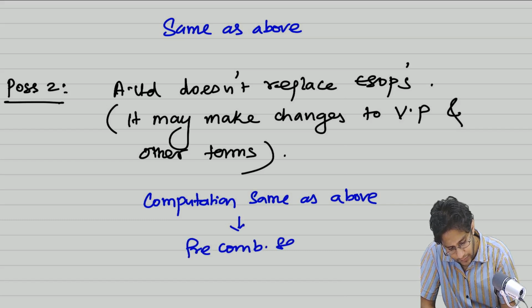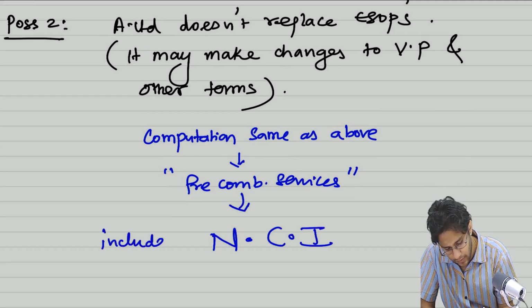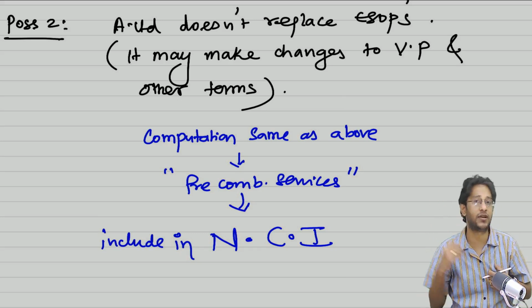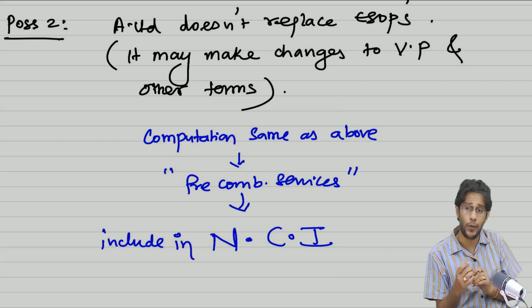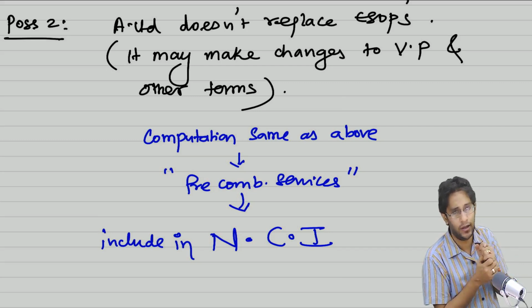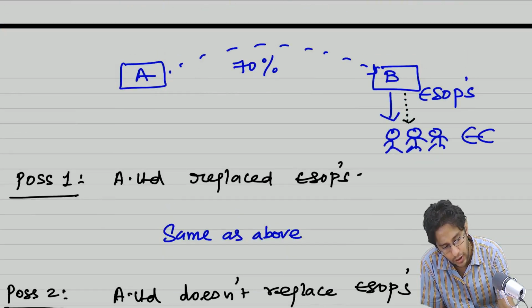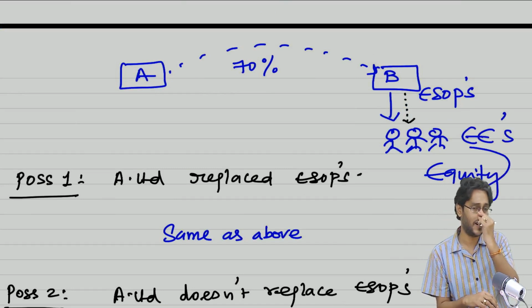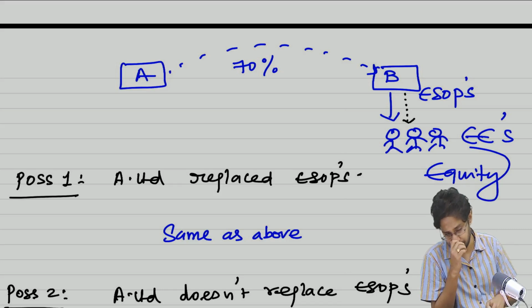Determine the worth of pre-combination services and include this in C. So same calculation. Earlier also pre-combination services you valued, now also pre-combination services you value. Earlier when you valued it, you did it because you are replacing it, therefore PC I have included. This time I am not replacing it. Then why did you value? Why I have valued is, these fellows are not just employees, they are equity instrument holders. So whatever status equity shareholders of B Limited will have, even these fellows also have the same value.